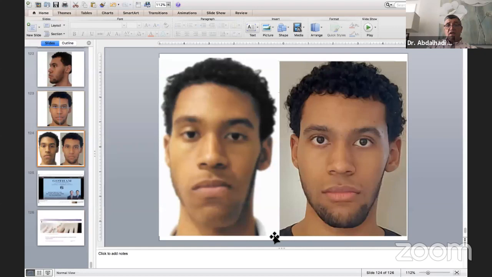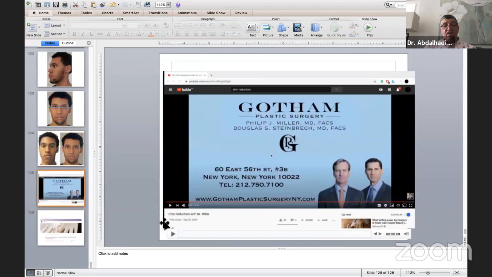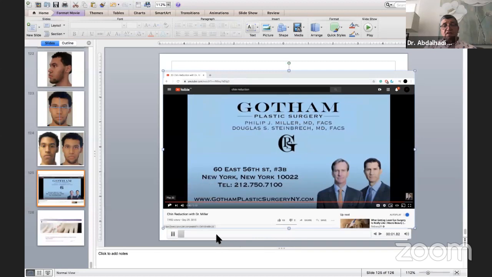Comparing his case before and after, I think that for somebody who doesn't want surgery, we helped him a lot and made it a mini surgery. So now what he can do, if he doesn't want surgery, is add a little bit of filler here, or he can have a genioplasty surgery. And here I have a little bit about what genioplasty surgery is. It is a very simple surgery. You can see here.